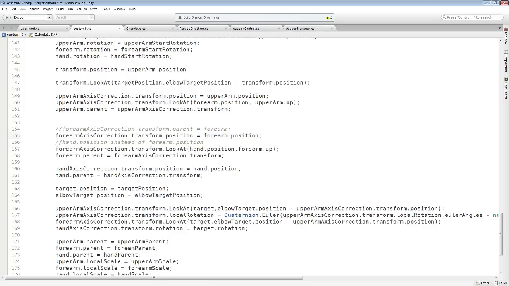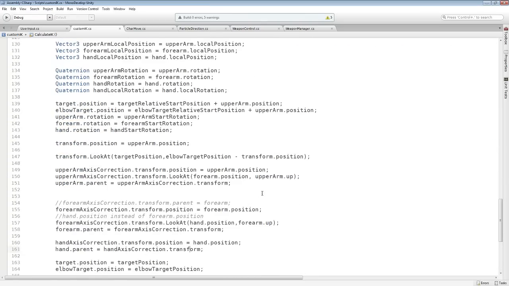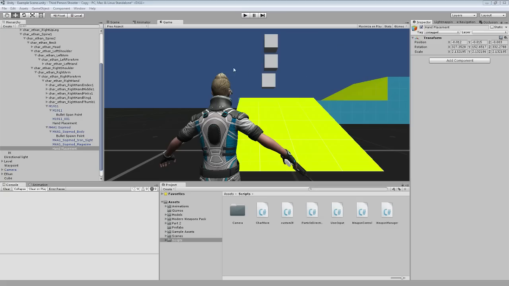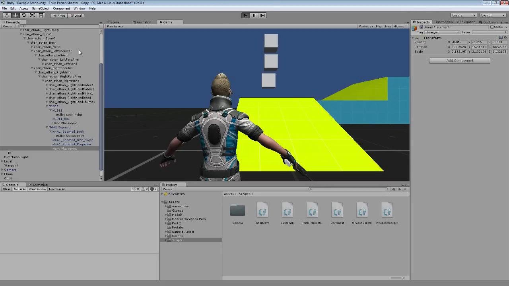And instead of forearm axis correction dot transform dot lookat forearm dot position, change it to hand.position, and the other stuff should work just fine. So if you save it and hit play now,